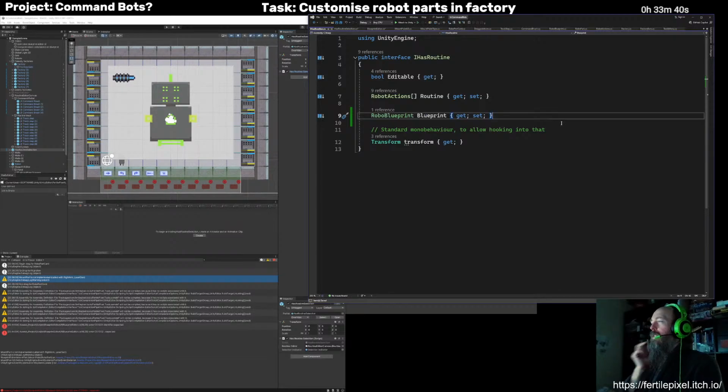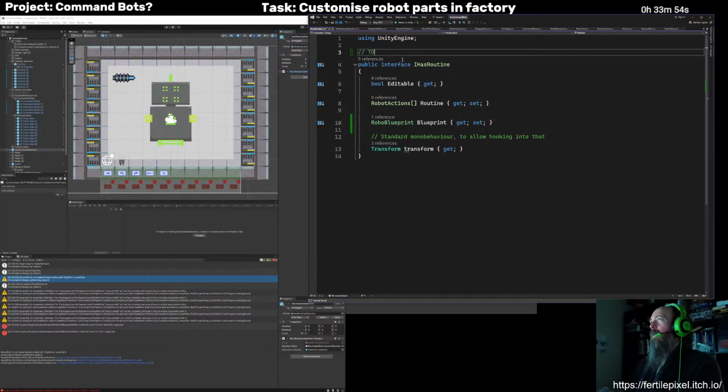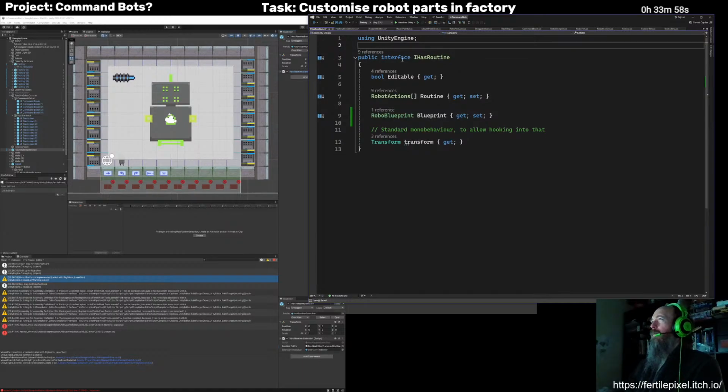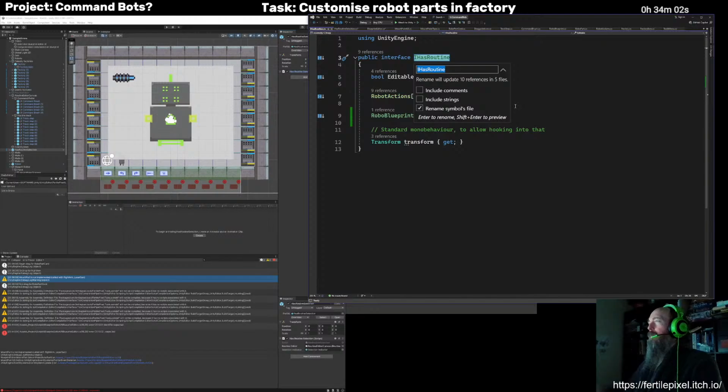Right, this is just in general a selectable thingy. And this is the interface for everything I might want to access about the selected thingy. I will rename that later, but I'll put a to-do to rename it. No, that's silly. Renaming is easy. So I'll just rename that.